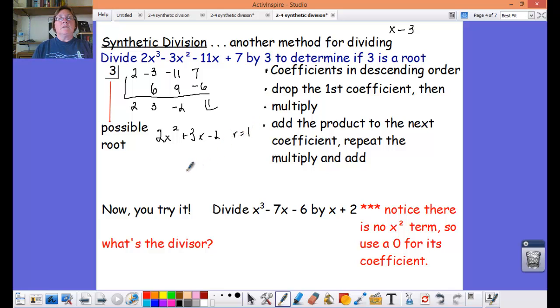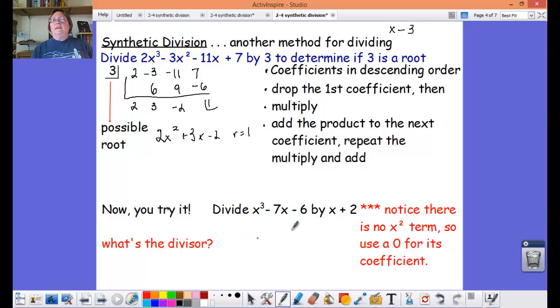And that's exactly what we got before. You should check it. I like the synthetic division. I know that not everybody has to like things my way, but I would like you to try it. We're going to divide this cubic by x plus 2. Please do take care. There is no x squared term in this, so you have to put a 0 in